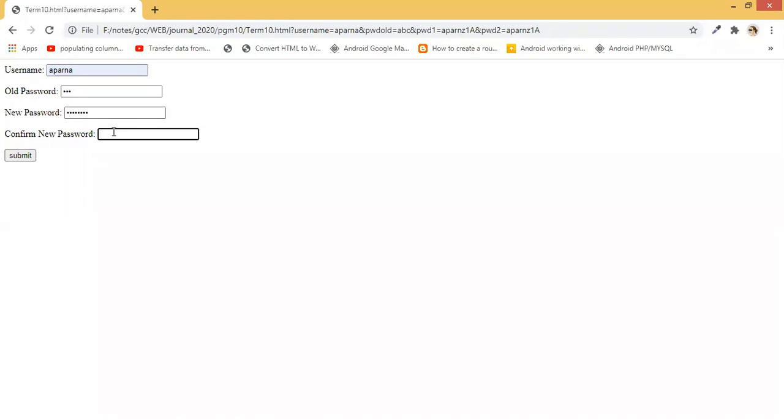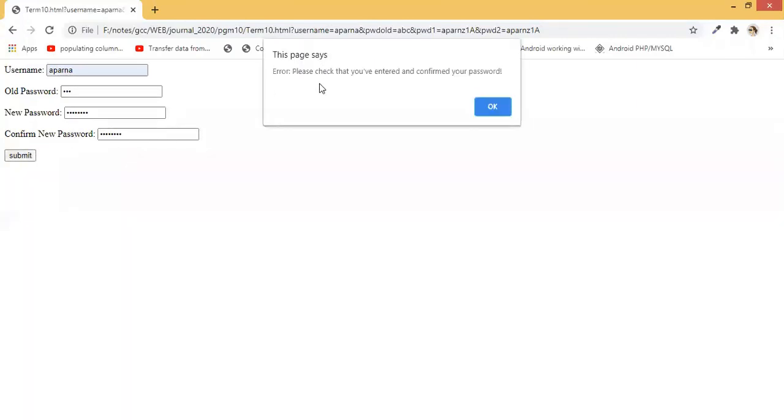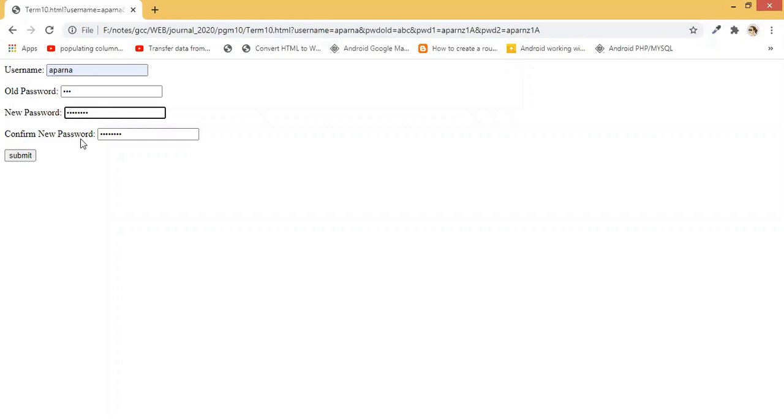Now suppose the new password and the confirm new password are not same. Here new password A is capital, and in confirm new password I have taken a small case A and then I click submit. So I get a message, please check that you have entered and confirmed your password, which means my new password and confirm new passwords are mismatching.